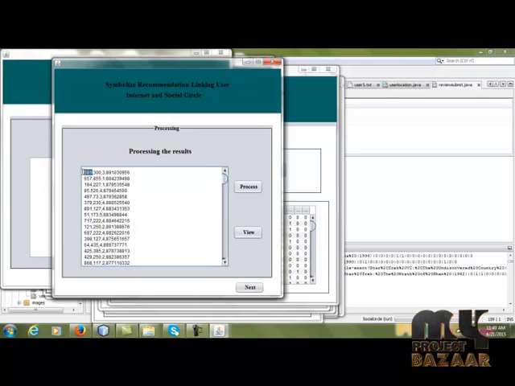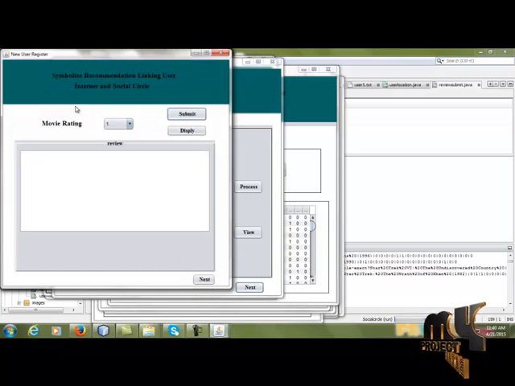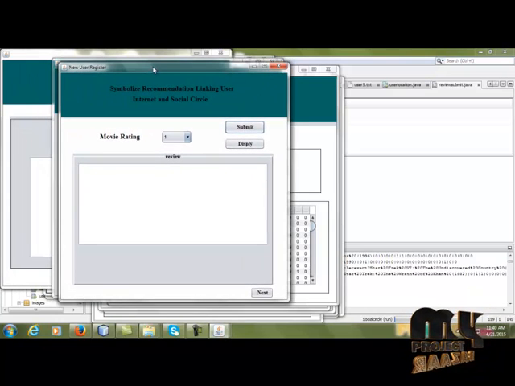This is the user ID, this is the movie ID, this is the rating. The 252 movies and the corresponding user and movie ratings are there. You can click next, and the user will submit their own interest.